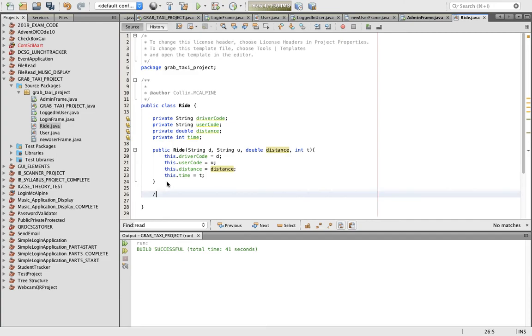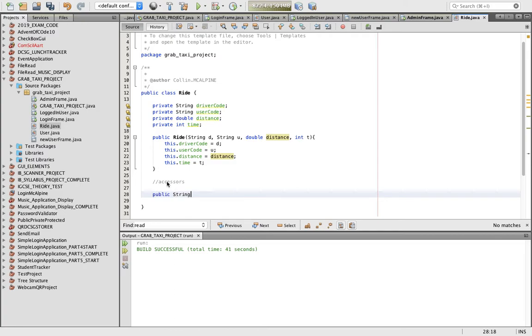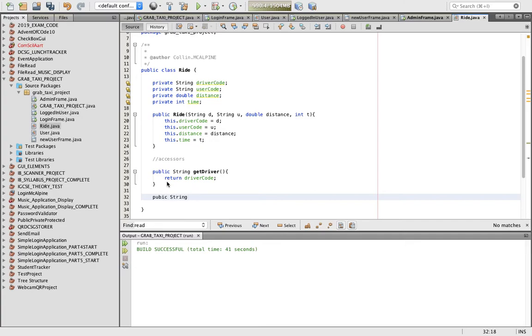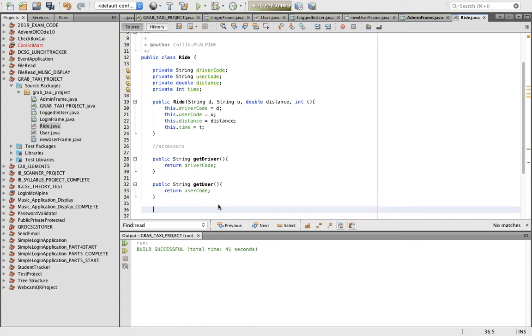Want the usual accessors for all of these. So public string get driver, return driver code, public string get user. Now this is where if you've got class diagrams and are able to use code generators online, you wouldn't actually have to type this information out. You can get it automatically generated from your class diagrams. Private double get distance,